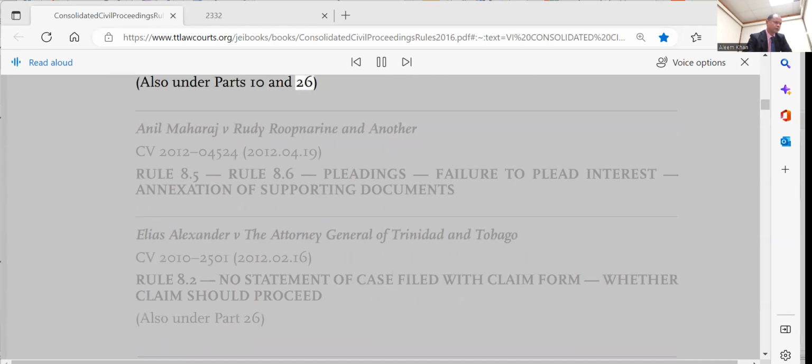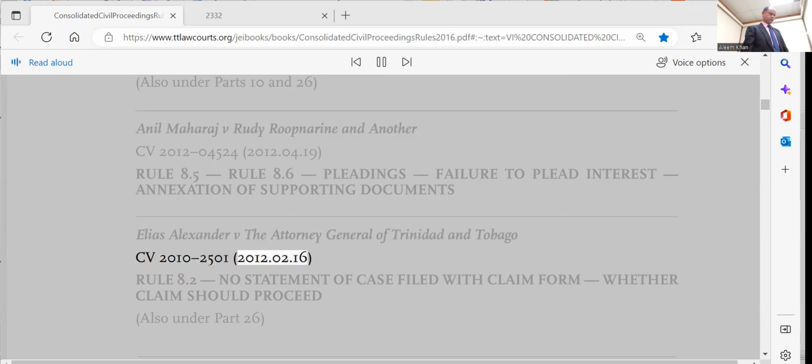and 26. Anil Maharaj v. Rudy Rupnarine and another, CV 2012-04524, April 19, 2012, Rule 8.5, Rule 8.6, Pleadings, Failure to plead interest, Annexation of supporting documents. Elias Alexander v. the Attorney General of Trinidad and Tobago, CV